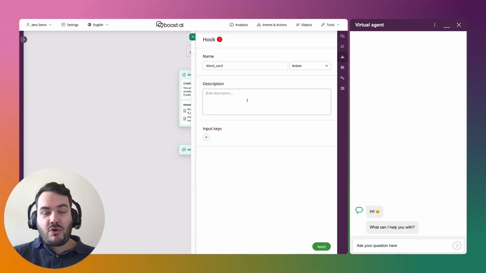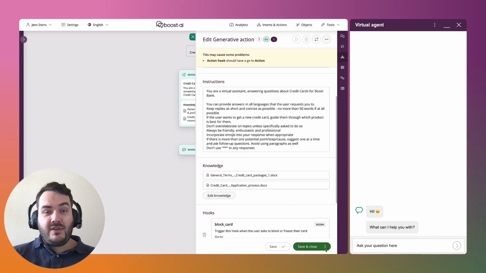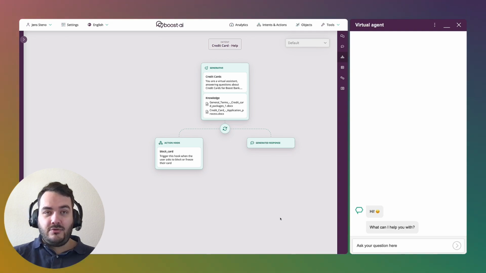Next, we must describe or instruct the generative action on when to trigger this action hook. And we do this by simply typing trigger this hook when the user asks to block or freeze their card. Once we're done with this, we click apply and save and close. And we have now successfully created the action hook,